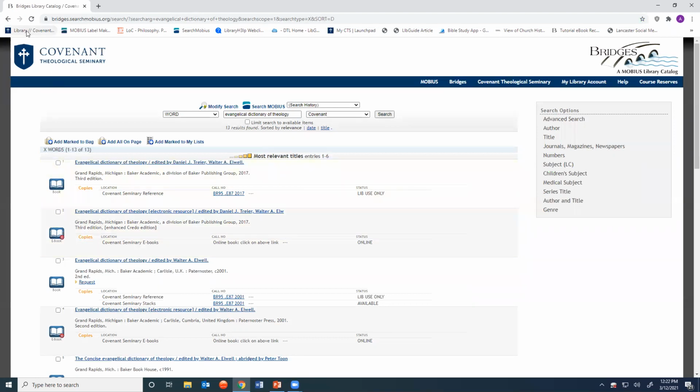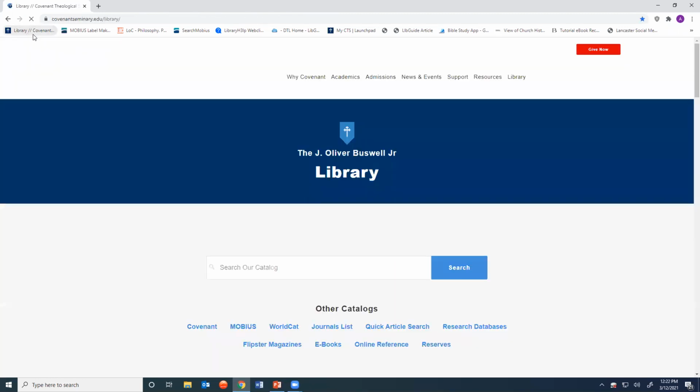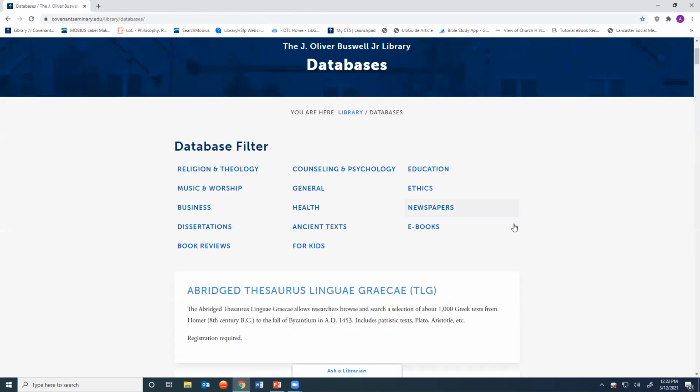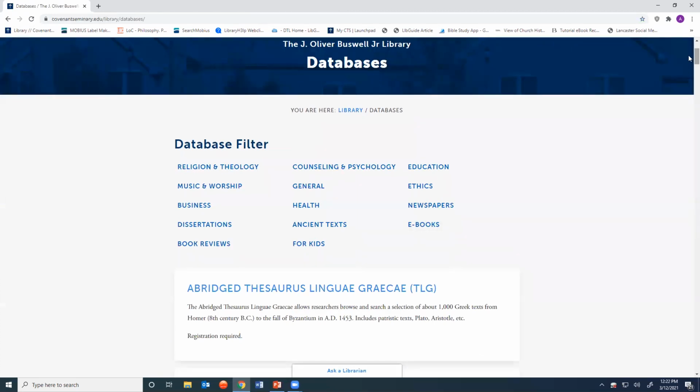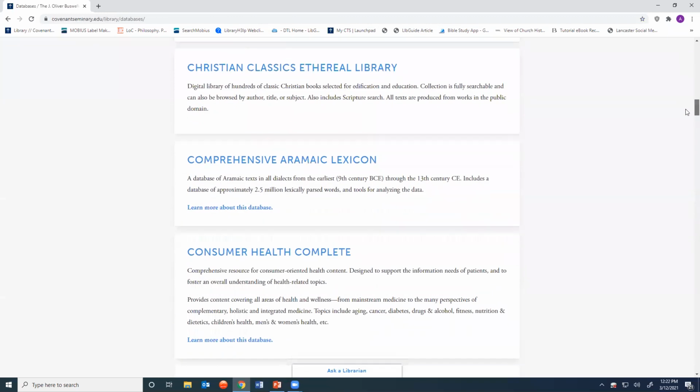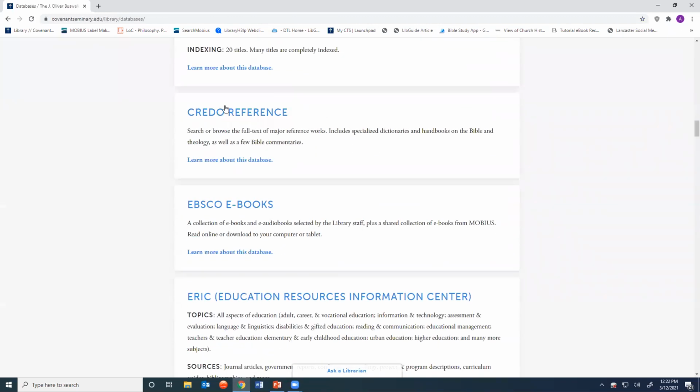As we did before, let's navigate back to the home page, go to Research Databases. This time we are looking for the Credo Reference Database.